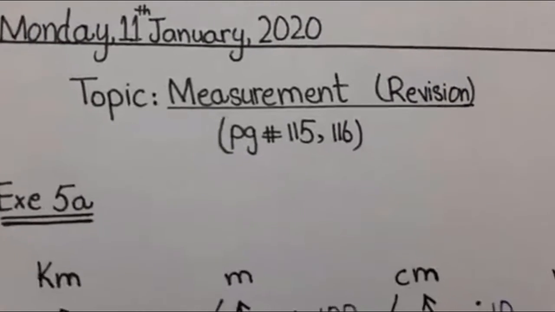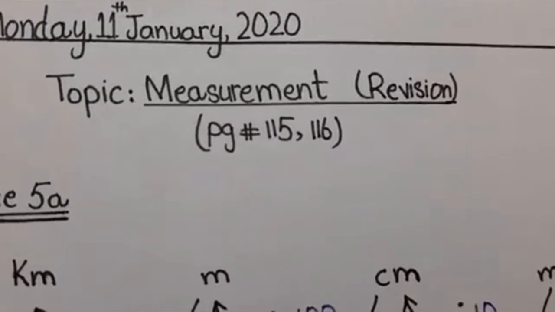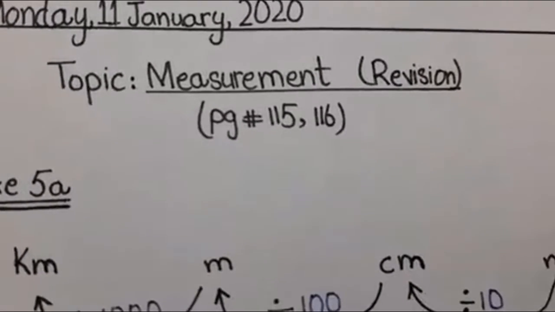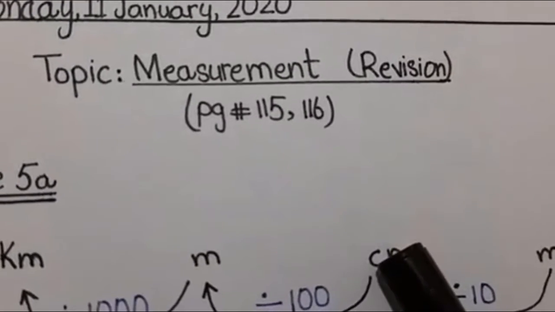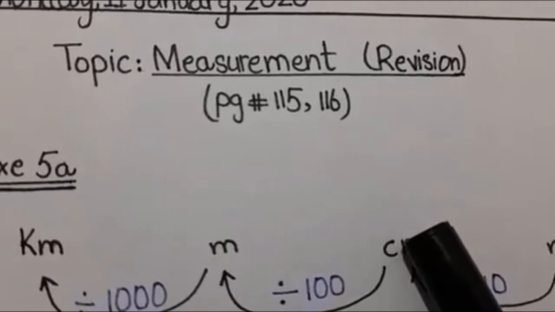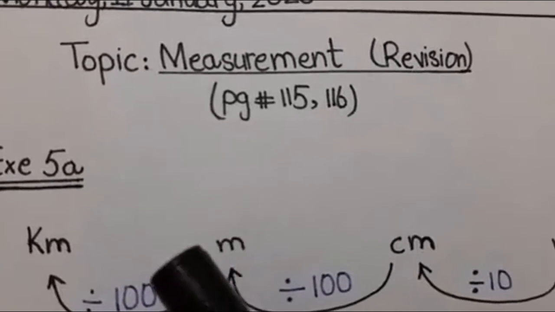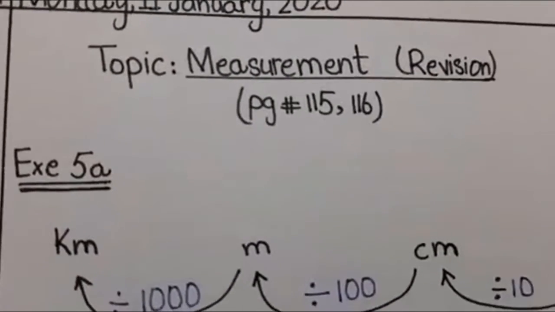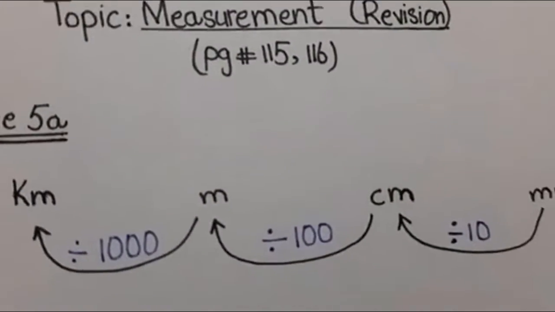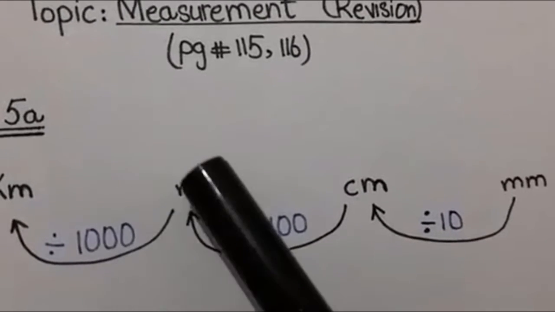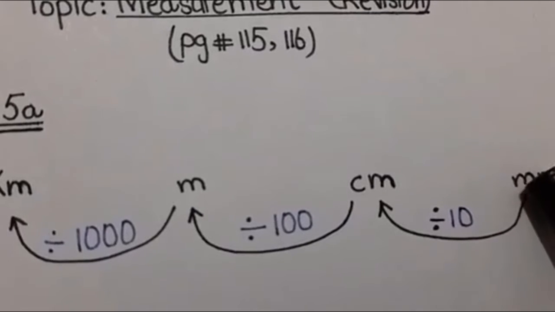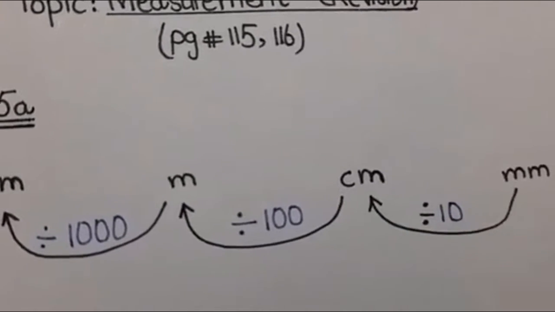The measurement of length has 4 units that are millimeters, centimeters, meter and kilometer. When 10 millimeters combine, it makes 1 centimeter. When 100 centimeters combine, it makes 1 meter. And 1000 meters combine, it makes 1 kilometer. So boys, when we have to convert the bigger unit into the smaller, we have to multiply. But when we have to convert the smaller into the bigger, we have to divide.